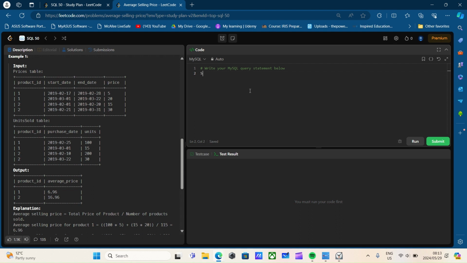Let's try that. If I were to select, let's do select product ID, and let's see, this is going to be average price from, now this is going to be a little harder. Let's see,